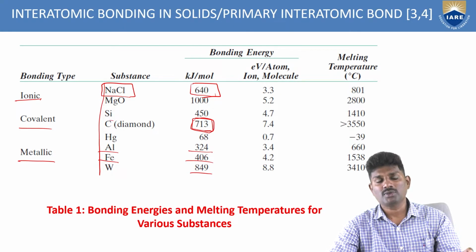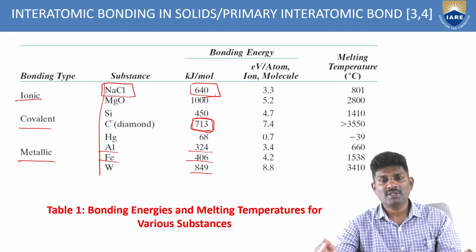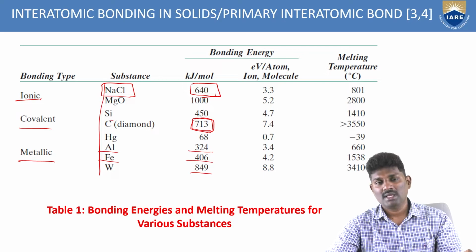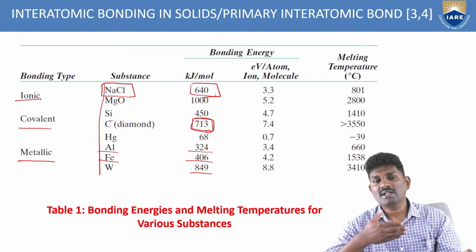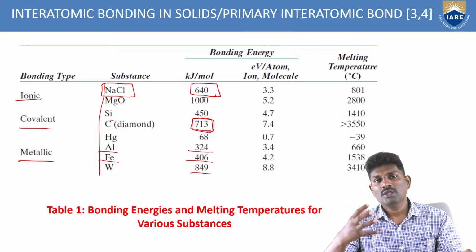Based upon the application only, you will decide the material. And how do we decide the material? Before deciding the material, you have to know the type of properties. Again, if you want to know the properties, you have to know the type of bonding energy. So everything is correlated and interrelated to each other to get a final product.